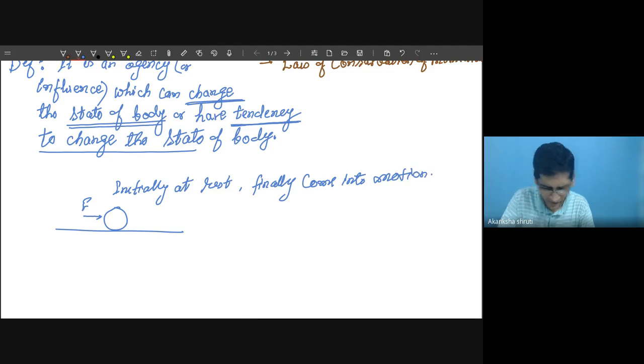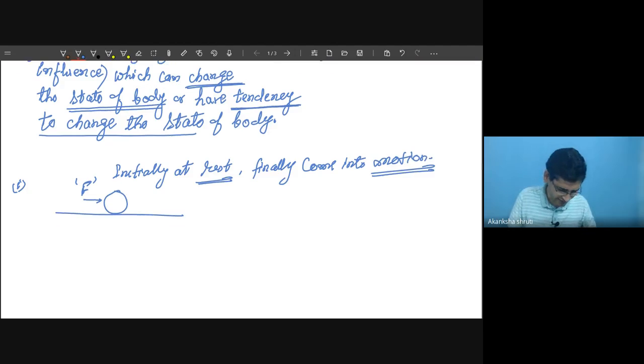On applying this external force F, it goes from rest to motion. It is one possibility. The next one is,